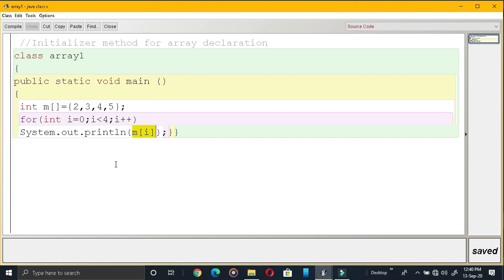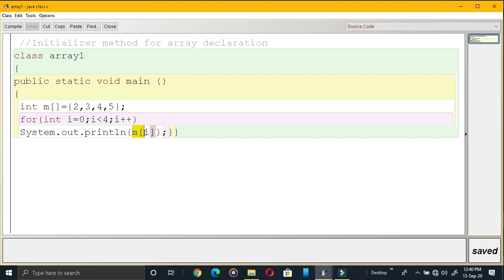M of I. What is the value of I? 0. So the item will be printed from M of 0. What is M of 0? 2 will be printed. Now again I plus plus. I becomes 1. M of 1 means 3 will be printed. Again I plus plus, becomes 2.